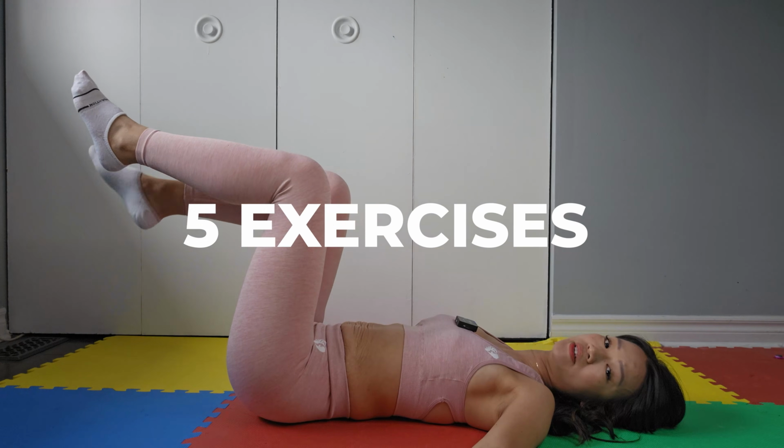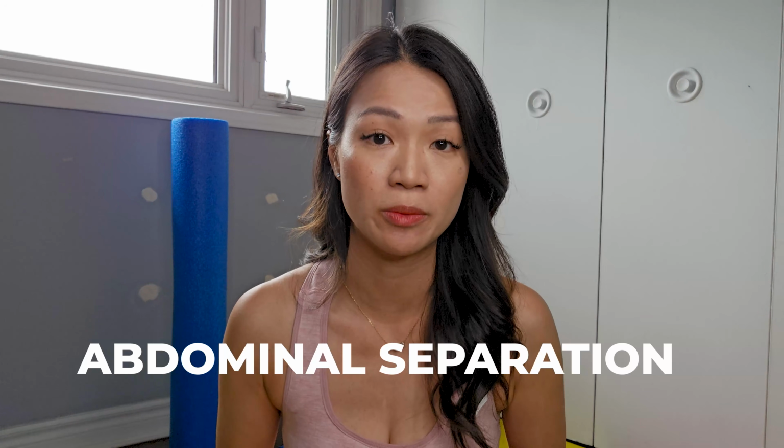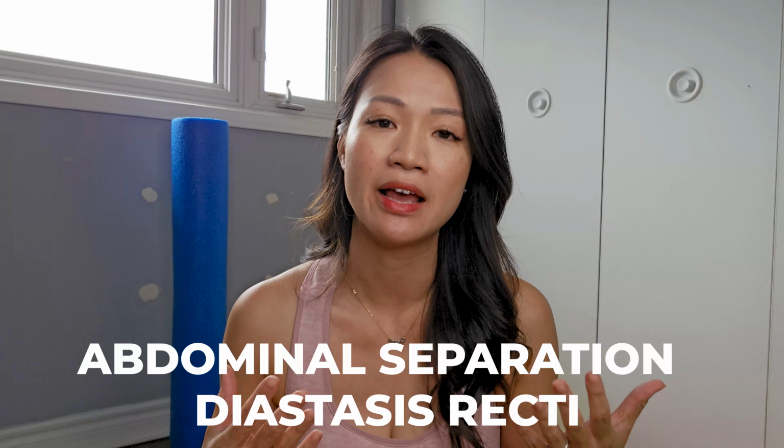Today I wanted to share with you 5 exercises that help you with your postpartum core. If you have just given birth and you're feeling really weak in your core, these are the exercises that help you to get strength and for a flatter tummy. Or if you haven't done exercises for a while and you have abdominal separation or diastasis recti and you're starting to get back into exercises, these would be great exercises for you to start to work on your core